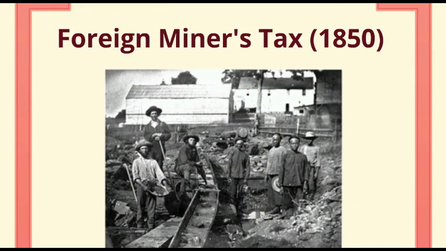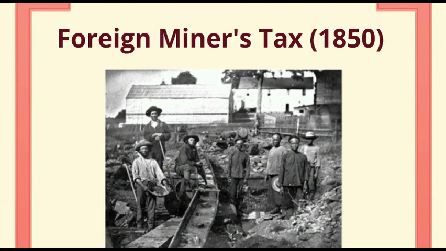One of the earliest laws to pass was known as the Foreign Miners Tax back in 1850, and this is right when the gold rush was beginning. So when the Chinese started to arrive, the United States actually levied this. They created this law that would impose a tax on all foreigners who came during the gold rush. And any time they discovered gold, a certain percentage of that gold would be given as tax to the United States.